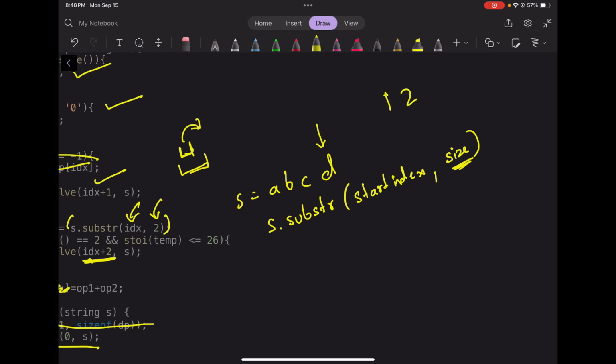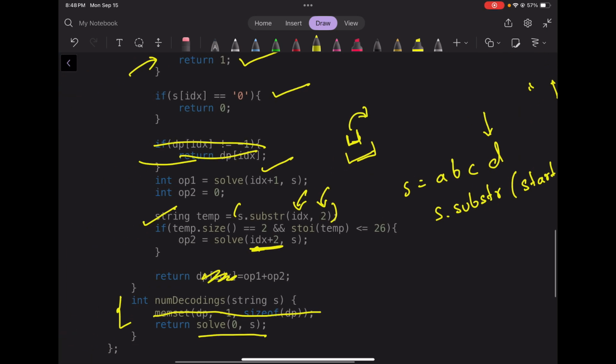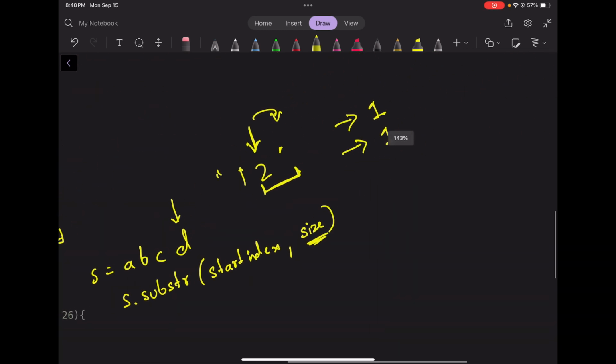If I move one step next, I would get the answer as 1, and if I take the length as 2, then also I'll get an answer 1. So if I don't do this check, if my temp.size is 2,